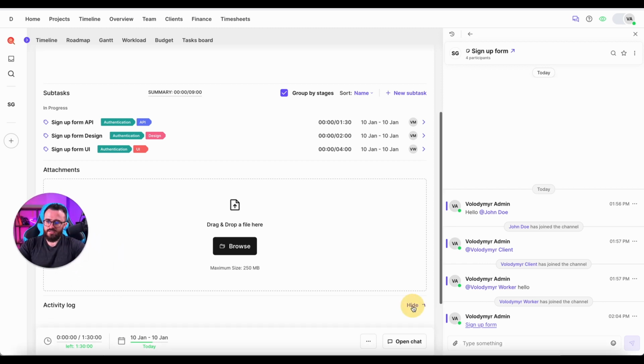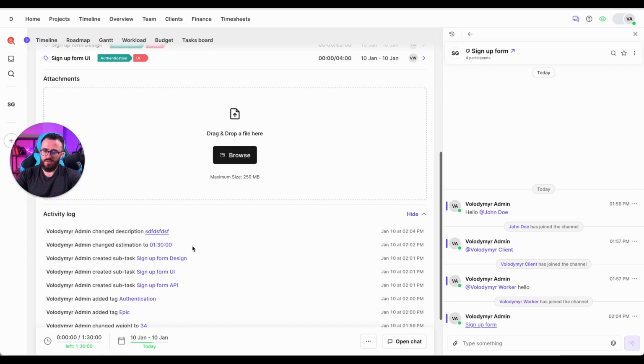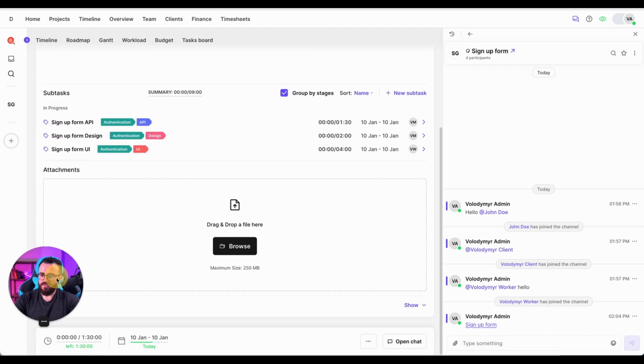Finally, task has an activity log, which shows all of the actions taken on this task and can allow you to quickly investigate what's going on. So task is actually a very rich in functionality solution, and it will be used as an atomic component to many reports and other data in the platform. I also want to cover quickly the